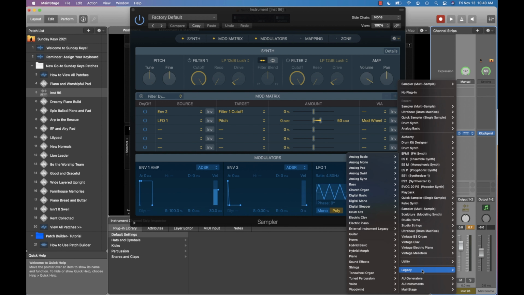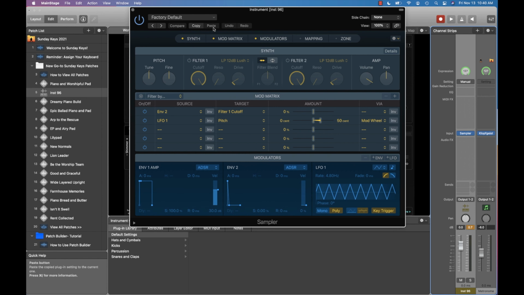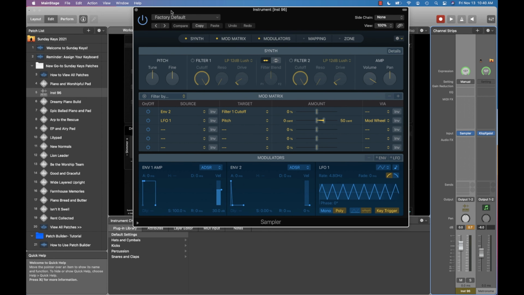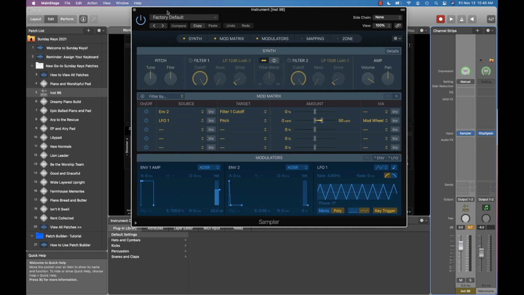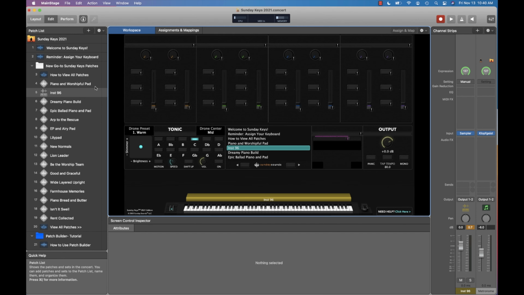But still, with EXS24 Mach 2 having such a long life cycle, to not even have that as an option in MainStage 3.5 does bum me out a little bit. Initially, I haven't run into any areas where I'm like, oh, I really need EXS24. I can do lots more inside of Sampler, but it does concern me when my primary concern in general is performance. It concerns me to not even have that as an option. So that's just one thing I have initially noticed.